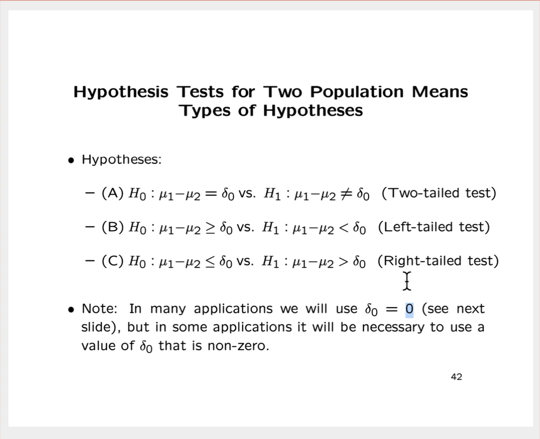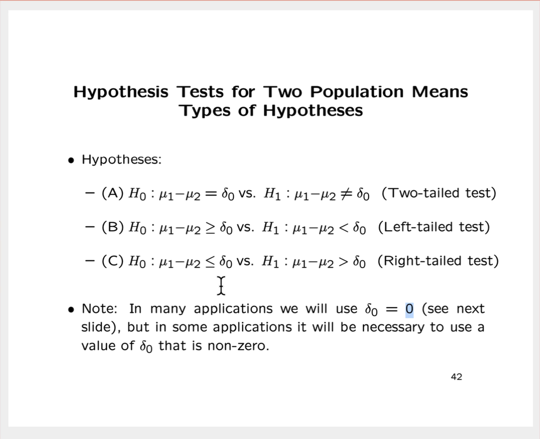So, people will criticize the use of a hypothesized value of 0, and in many cases, they will act as though that is the only value that is ever used or can ever be used. But that's certainly not the case, all right? Like I said, we can use a non-zero value of the hypothesized difference if it makes sense in a given situation. And so I just wanted to warn you of that and to recommend